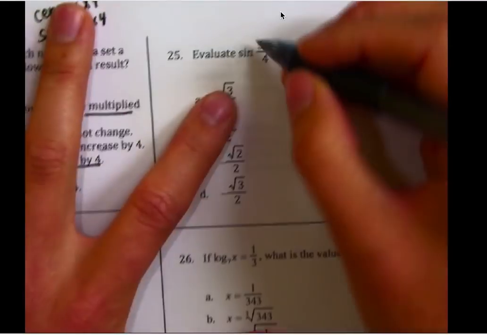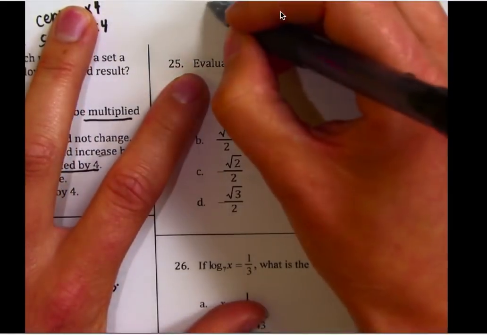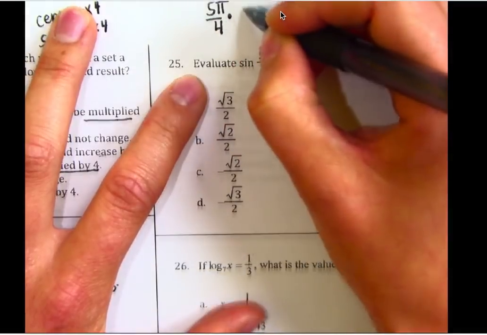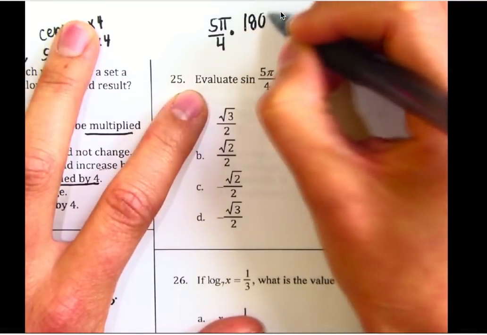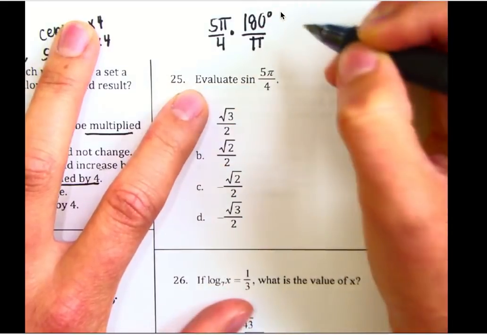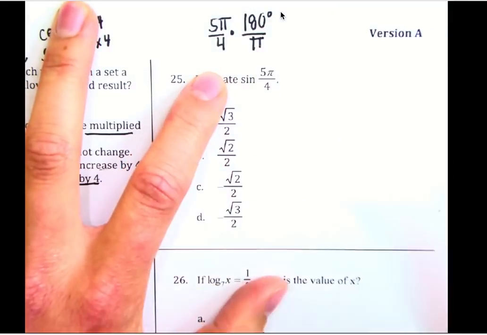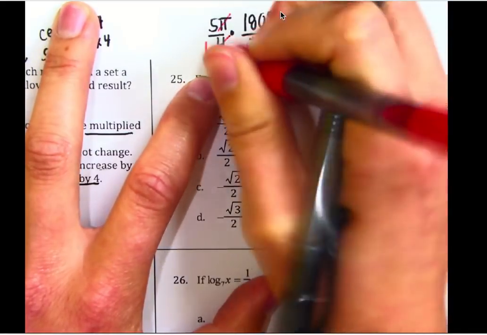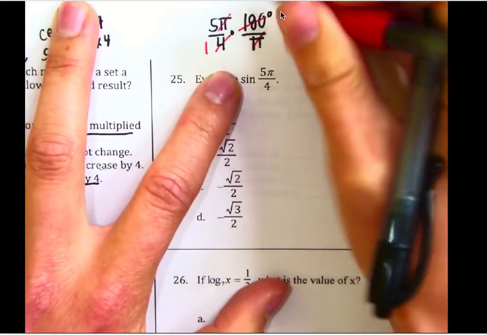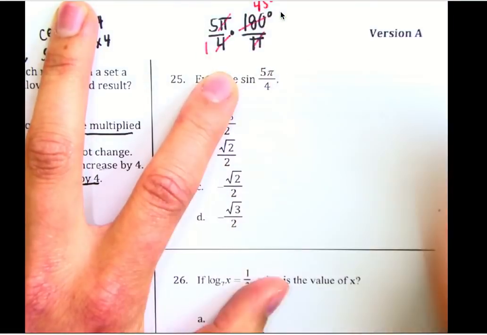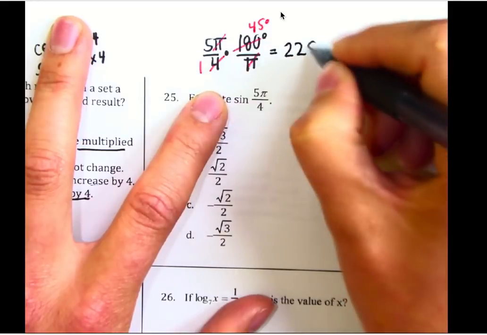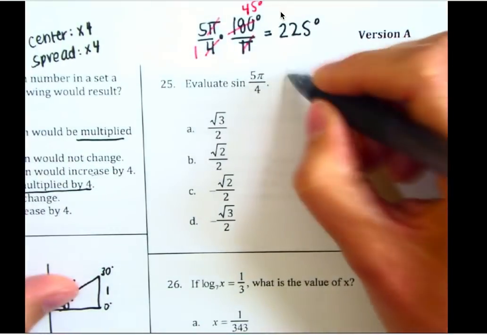So similar to what we did in the other problem, we're going to go ahead and put this 5 pi over 4 into degrees by converting, multiplying by 180 degrees divided by pi, and that means our pi's will cancel, and if we cross cancel, 180 divided by 4 gives us 45 degrees. 5 times 45 is 225 degrees. So we're finding sine of